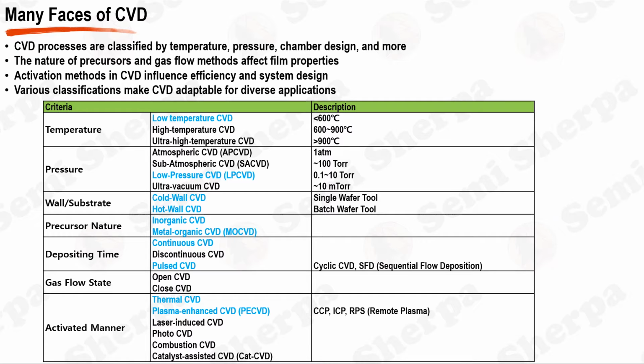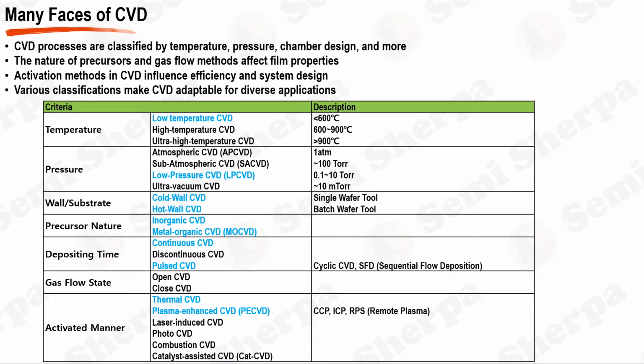Pressure is another crucial classification factor, with CVD processes occurring at atmospheric pressure, subatmospheric, low pressure, or even ultra-vacuum conditions. Each pressure regime allows for different reaction kinetics and mass transport characteristics, affecting the deposition rate and film properties. For instance, low-pressure CVD is often used to achieve high film uniformity and deposition rates while reducing unwanted gas phase